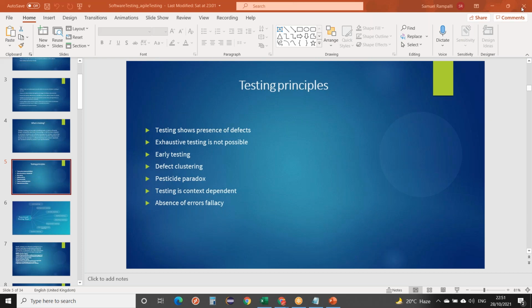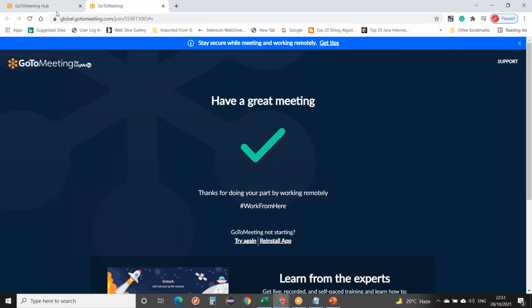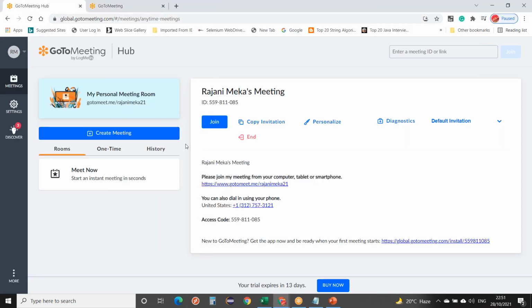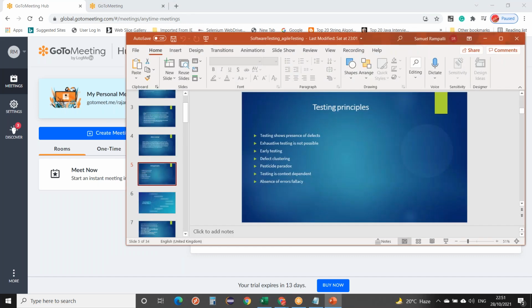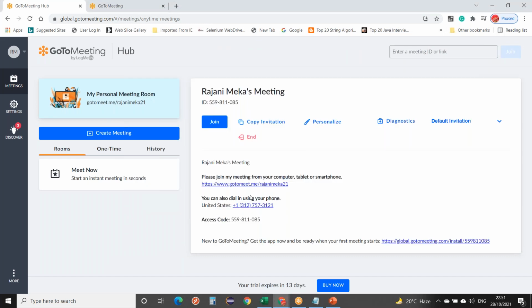Absence of error fallacy: for example, you are testing GoToMeeting, and there are no defects in the application you tested, but there is no button to join. What is the use of that application?